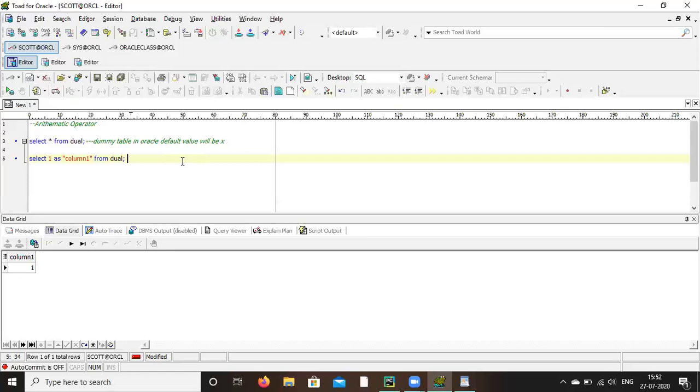Now we'll go to all the arithmetic operators, like how we do. Let's say plus. So write select 10 plus 5 from dual.